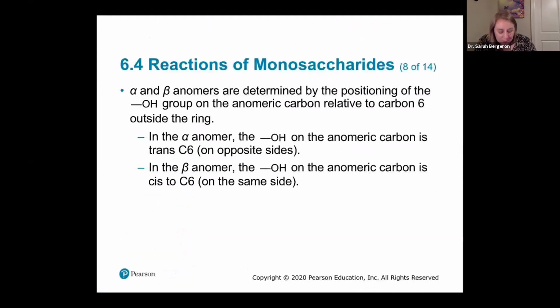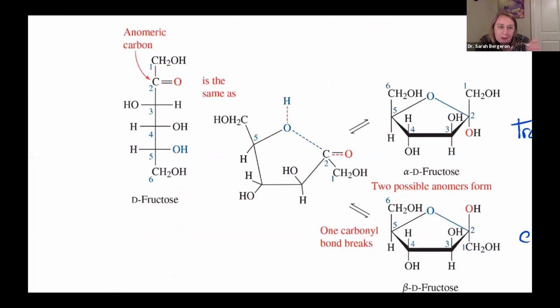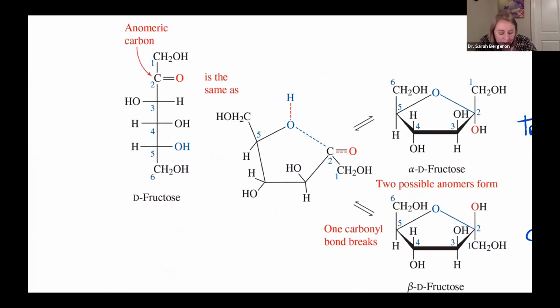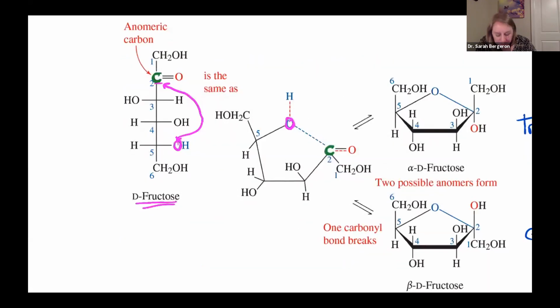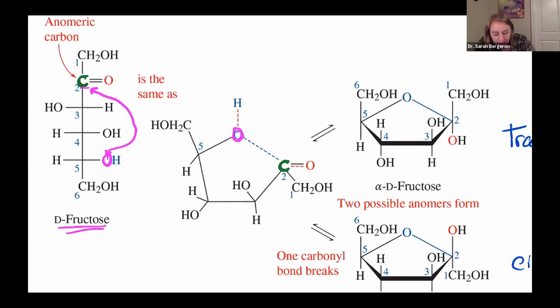Okay, I did want to show you this, okay. So you can just kind of skip ahead, right? Here's our Fischer structure, and so what's gonna happen is, this is our anomeric carbon, because eventually it's gonna be bound to 2 oxygens. We're gonna make that bond right there, and we're gonna turn into a ring, right? So our oxygen here is this oxygen here. And this carbon right here is this carbon right here, okay? So once you form that ring, what you're gonna do is you're gonna say it's got 1 less member to